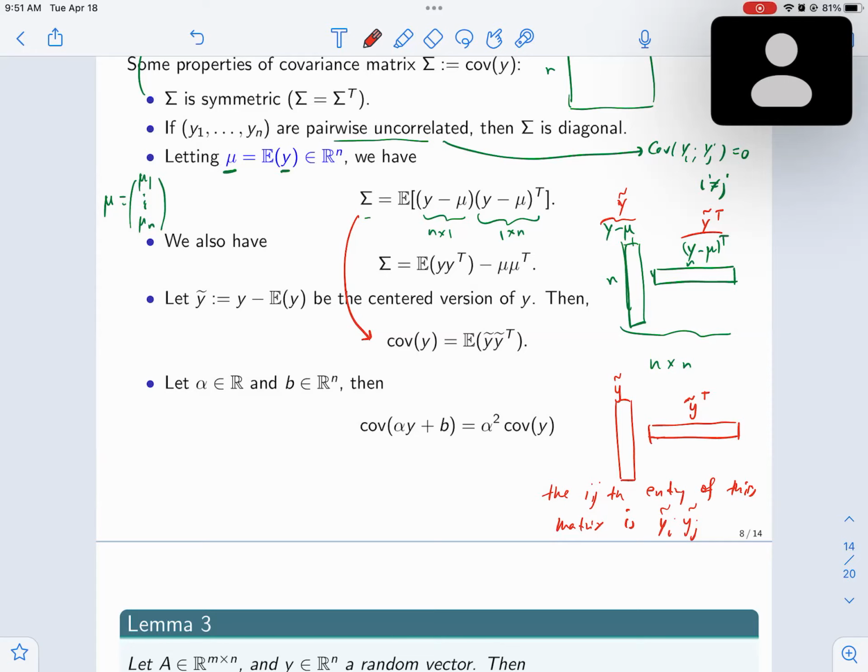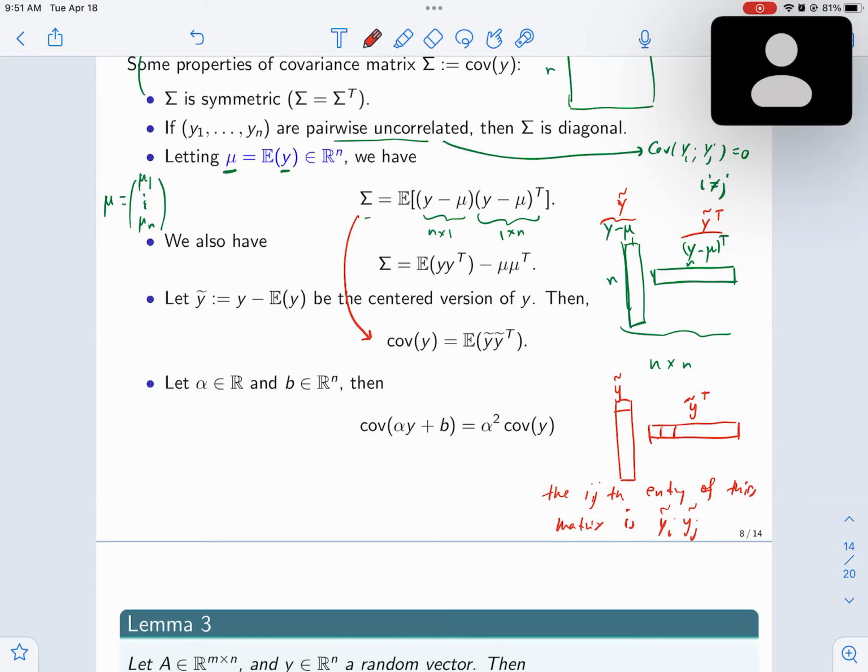If you want to multiply, like the first row gets multiplied by the first column, you get the 1 1 entry. The first row gets multiplied by the second column, you get this times that, you get the 1 2 entry, and so on. Because it's like that, the ij entry is like when you take the expectation of this matrix,